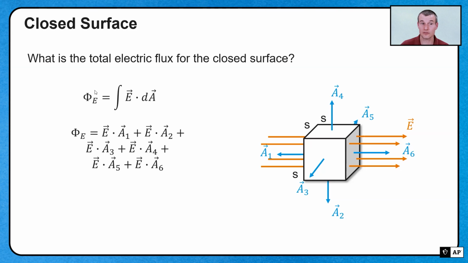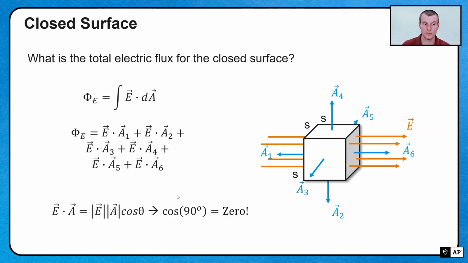So if I looked for the flux, it's going to be the integral sum of all these different elements. Well, wait a second. Each one of these elements is just a square. So I'm going to have the E field through area dotted with area 1, E field dot area 2, E field, so on and so forth, with every single one of these elements. So every single one, it's just the sum, because that's what the integral means, is the sum of every single one of these surfaces. When I do this, I have to remember that E dot A is EA cosine theta,